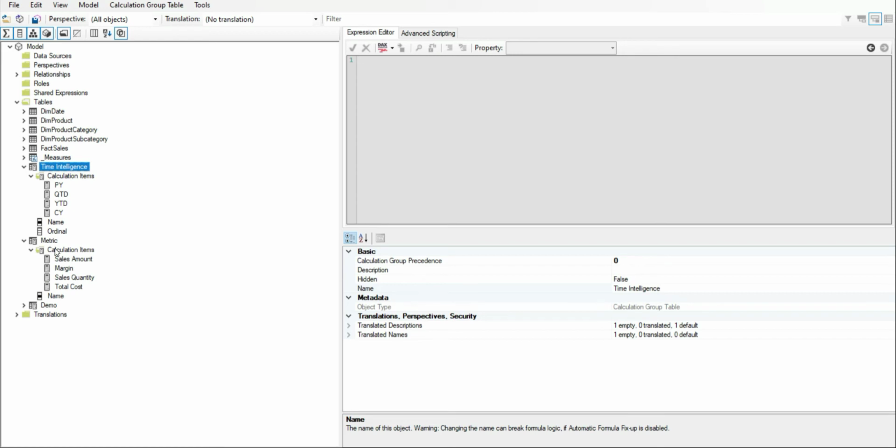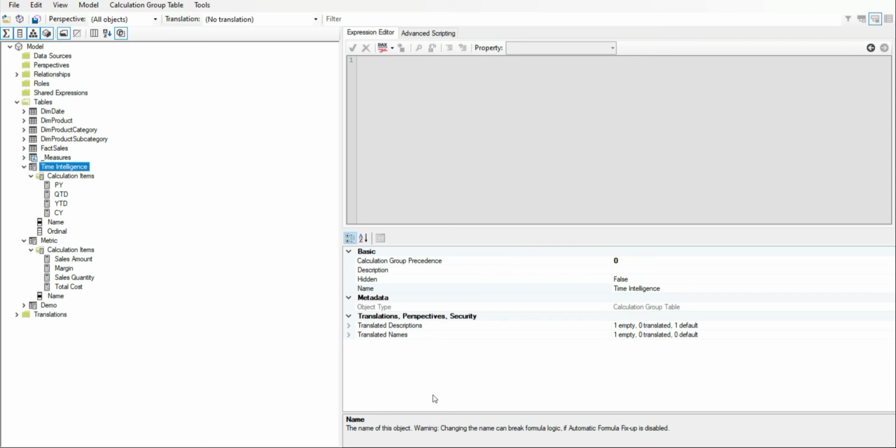The higher the value of precedence, the more priority the calculation group gets. Over here, for metric, the calculation group precedence is 1. For time intelligence, it is 0. So in this case, the metric calculation group gets executed first and the time intelligence calculation group gets executed next, that is, after metric.